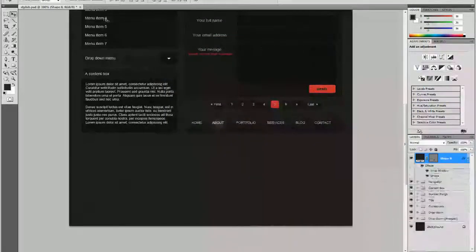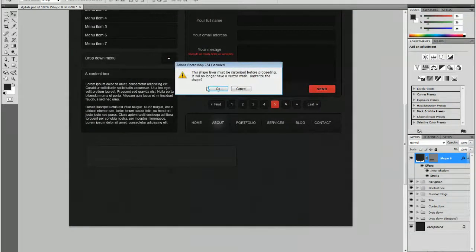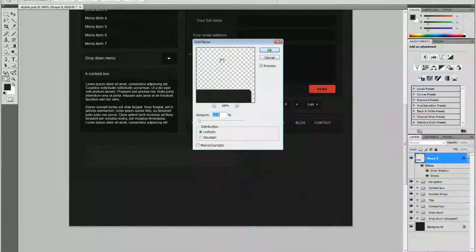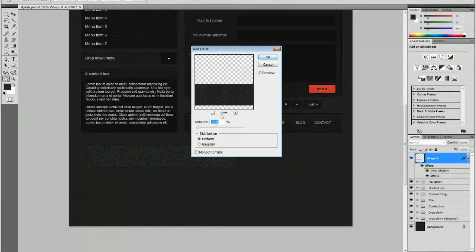You're just going to go to Filter, Noise, and Add Noise. Just click OK, and you get this window asking you for the settings. What I'm going to do is, for the amount, set it to 30%, set the distribution to uniform, and click monochromatic, so you get this effect. And I've done that wrong, not